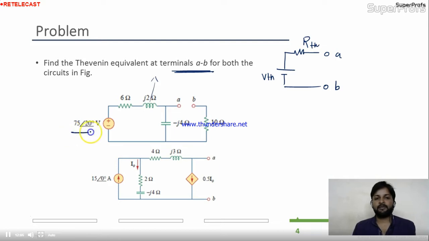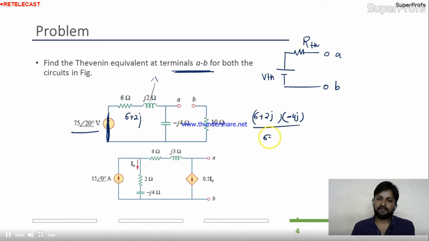How will we turn off the voltage source? By making it short. So this is short now. These two branches are connected in series. 6 plus 2j is in parallel with minus 4j. So the equivalent of this is (6 plus 2j) times minus 4j,